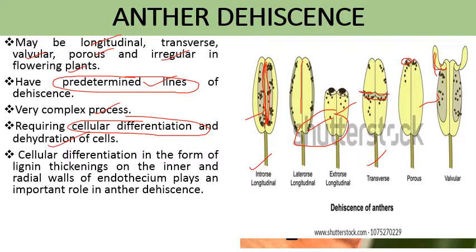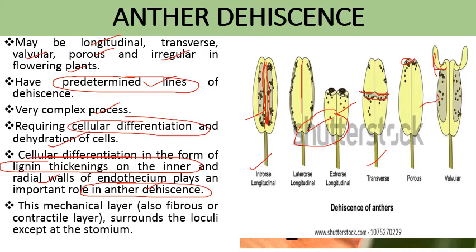Cellular differentiation is in the form of lignin thickening on the inner and radial walls of endothecium, which plays an important role in anther dehiscence that we have already discussed. The special thickening bands on the endothecium, U-shaped bands, show hygroscopic movement and play an important role in anther dehiscence. The mechanical layer, that is the fibrous or contractile layer, also surrounds the loculi, the anther sacs, except at the stomium, the region where the anther